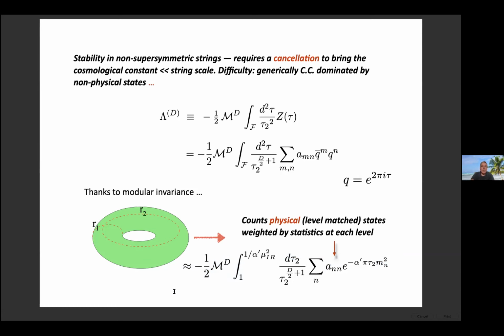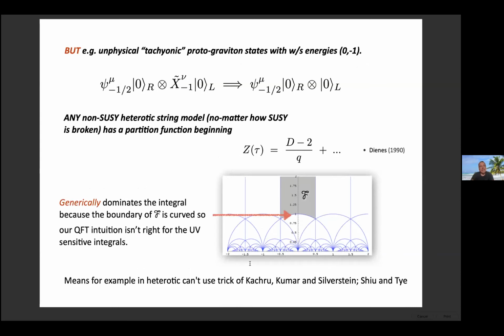If I was calculating a one-loop Coleman-Weinberg potential, that's what it would look like. These parameters, the a and n's, are really just counting the number of states weighted by statistics, so bosons minus fermions. And then there's this exponential, e to the minus Schwinger parameter t m squared. So you see that this combination, alpha prime pi tau 2, is your Schwinger parameter. That's what it looks like. And it looks just like the field theory, so we must have a good idea of what should happen to lambda, but actually you don't, because you know that in the theory you have this state on the right here.